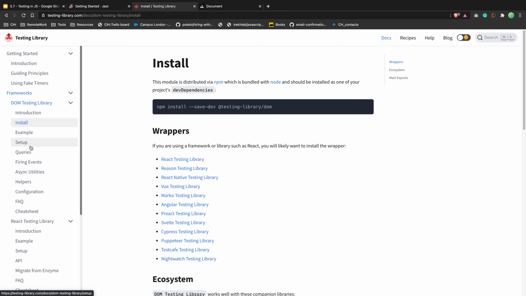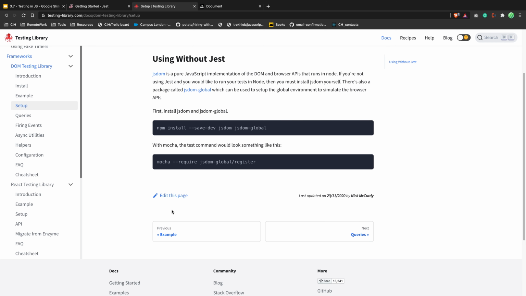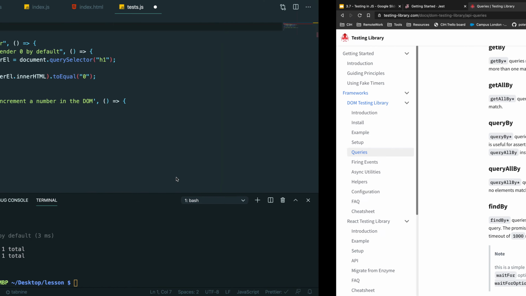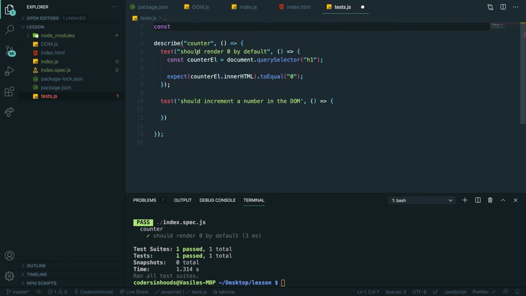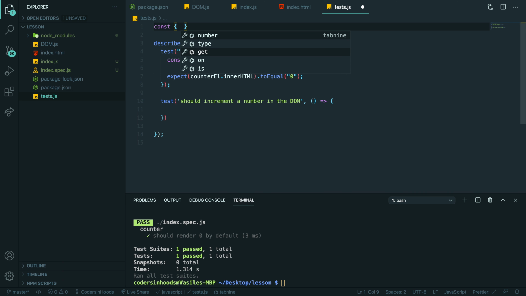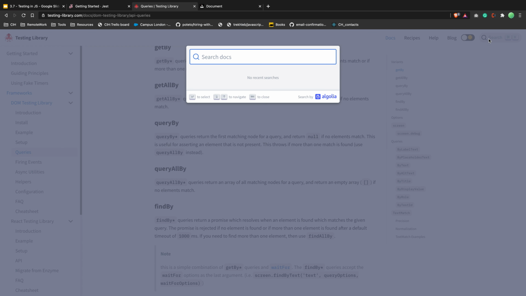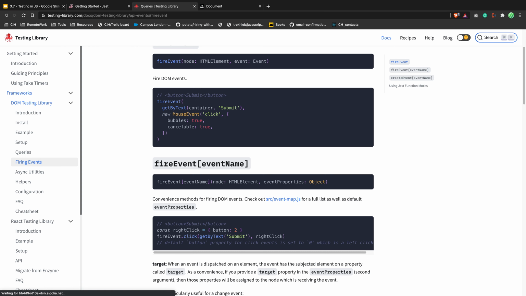Wait a second, please. So setup. Just DOM. Queries. Okay, let's get. First of all, we want to have fire event. You can find it here. Fire event. So this is the first method, like this.